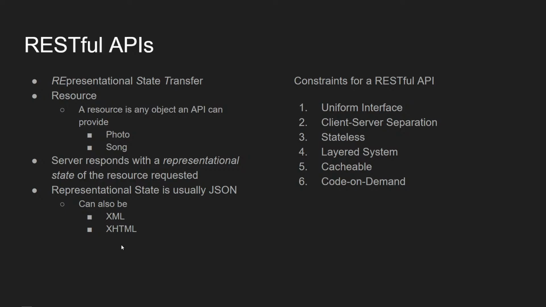The reason for that is because XML is very verbose. There's just a lot of characters required in order to structure the data. In JSON, there's a lot fewer characters required to structure your data. We're going to show an example of the two, and you'll see what I mean. So the constraints for a RESTful API are the following. It must have a uniform interface. It must